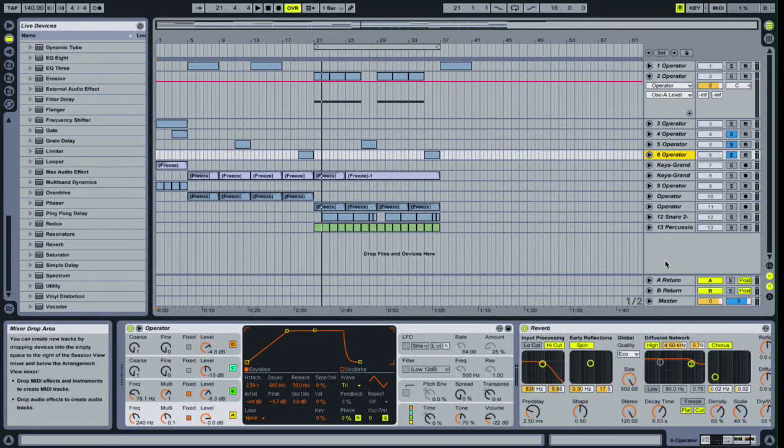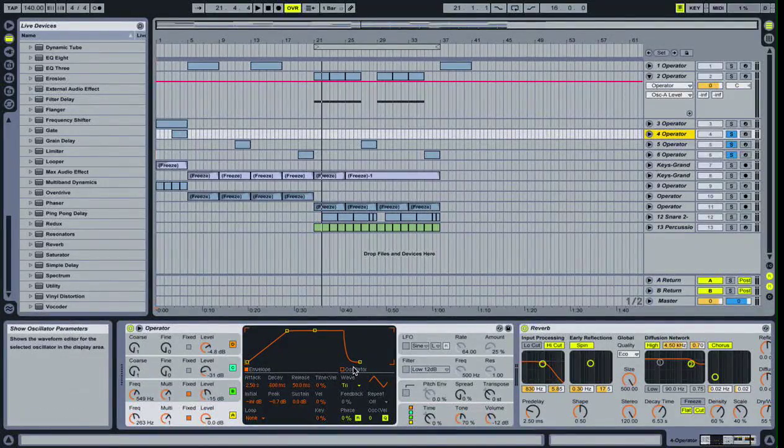The basic concept of it is just really basic FM synthesis and operator. So if you don't have a FM synth, you're not going to be able to do this, at least not in the way that I'm going to explain it. If you don't have operator, you're going to need an FM synth that has the capability of having separate envelopes for each